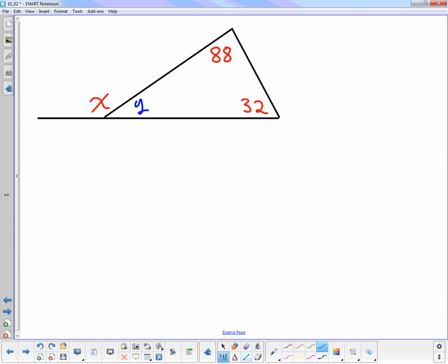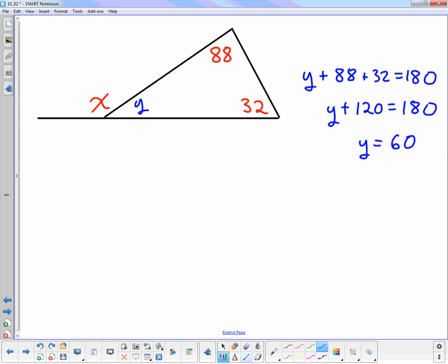All right, so let's find this guy first, right? We'll just give it a name. We'll call it y. So now y plus 88 plus 32 is 180. Y plus 120 is 180. Y equals 60. Okay, great. And now we got to find x. And x and y are supplements, right? So if I go 180 minus 60,